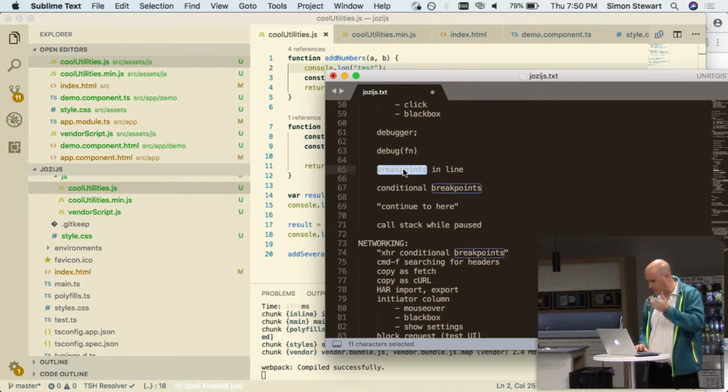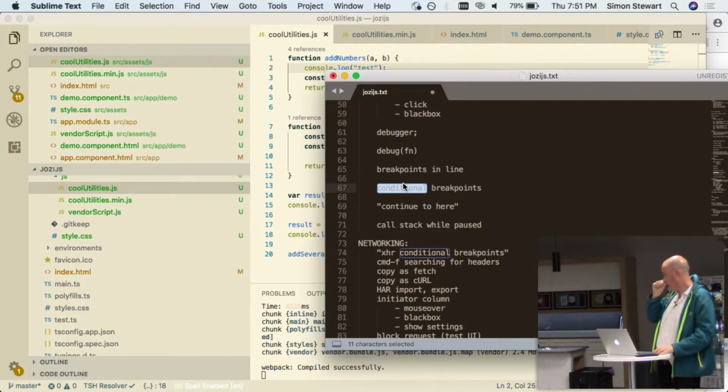Okay, I'm going to skip doing breakpoints within the line. You can actually do a breakpoint if you had a bunch of nested statements, which I guess is an anti-pattern in itself. You could put a breakpoint somewhere along that line, which is quite a cool thing. Conditional breakpoints are also useful, and this is something that we've had in, going to say, proper languages, in other languages for a long time. So it's useful that they've actually added it now into